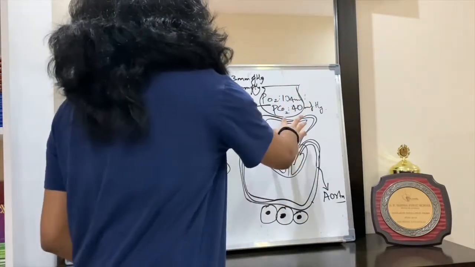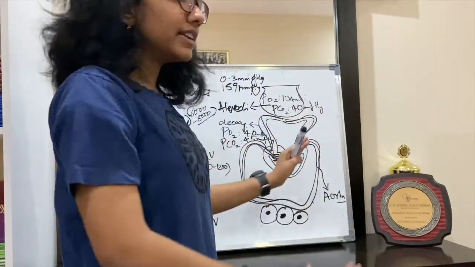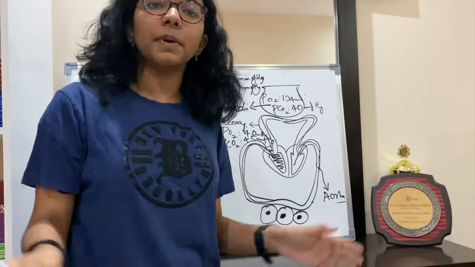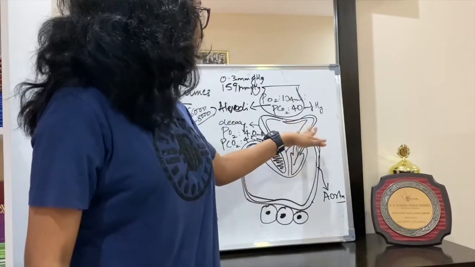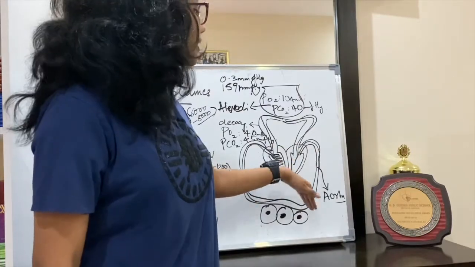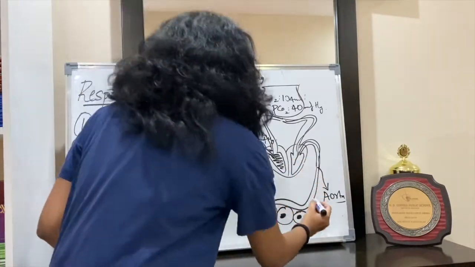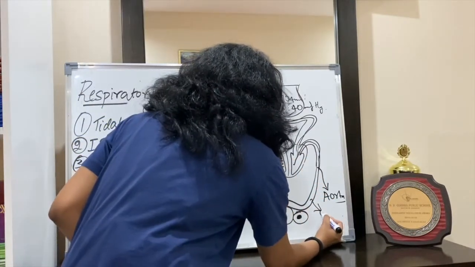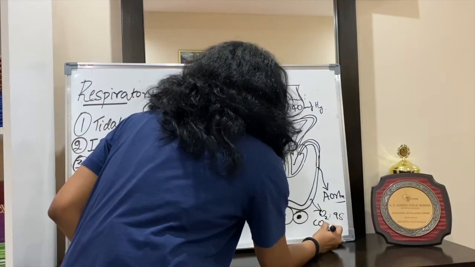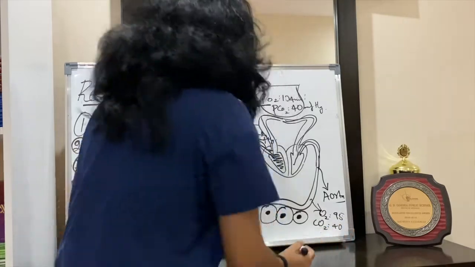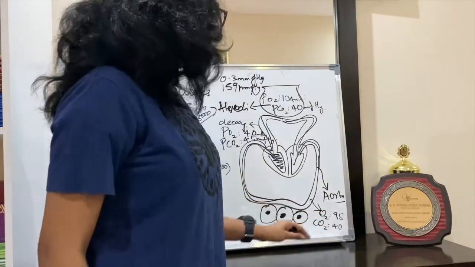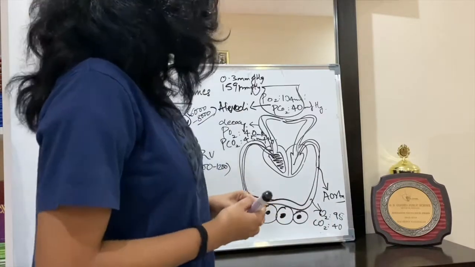Similarly, now this blood is purified and it has become oxygenated, meaning oxygen has come in. Now this has to go to the other parts of the body. So it's taken through the pulmonary vein to the left side of the heart. From the left side of the heart it is pumped through the aorta. This oxygenated blood has partial pressure of O2 as 95 and that of CO2 as 40. So it goes towards the tissues. So oxygenated blood has 95 and 40 of O2 and CO2 respectively.